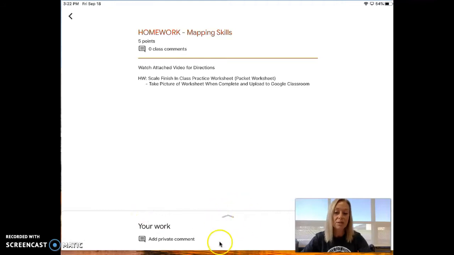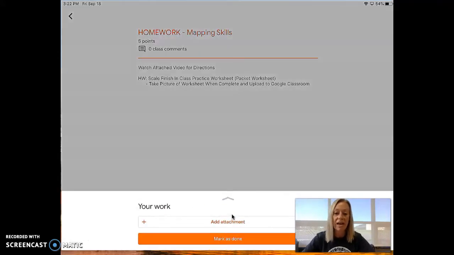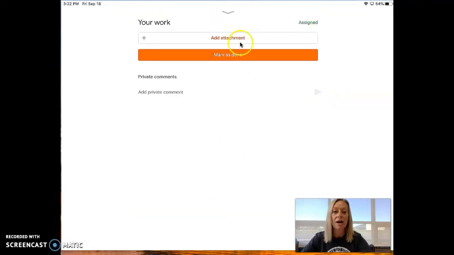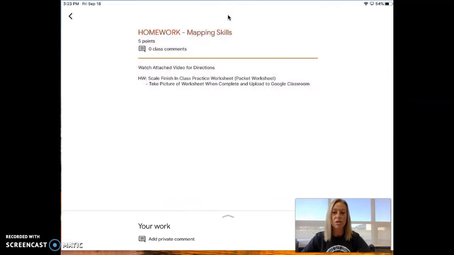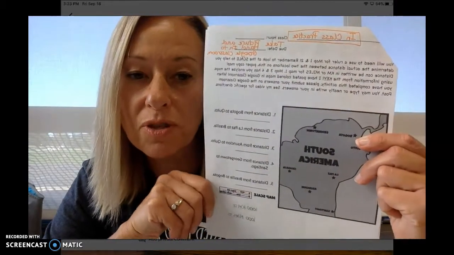You'll notice in here, there is no document that I have attached. So you are going to be attaching your homework as a PDF, which is just going to be a photo, and you will upload it that way. So I'm going to switch out here, and we're going to see if we can get you to understand this scale activity. All right, sixth graders, in your packet that I sent home with you, this is the worksheet